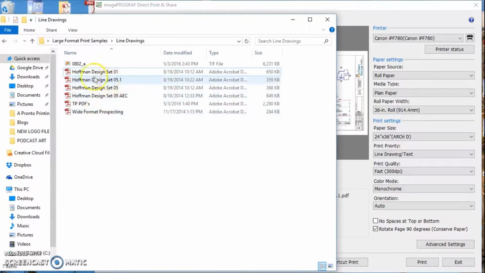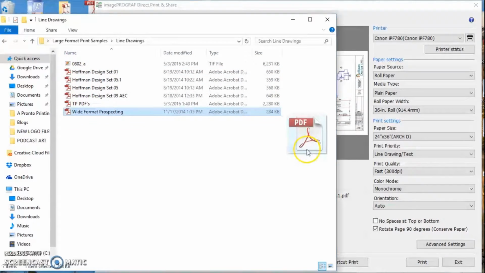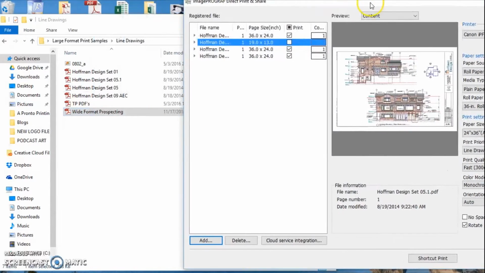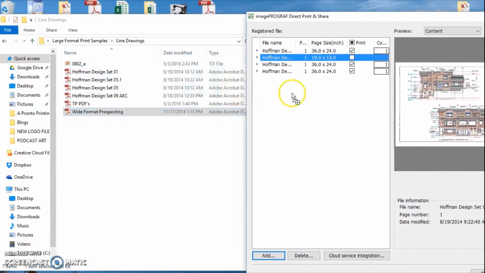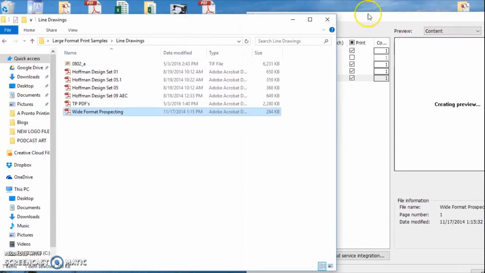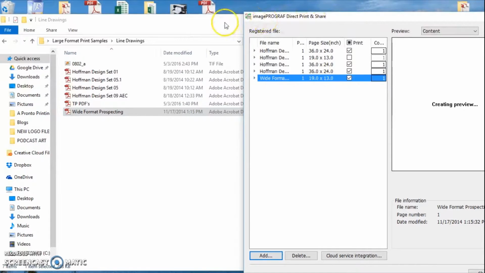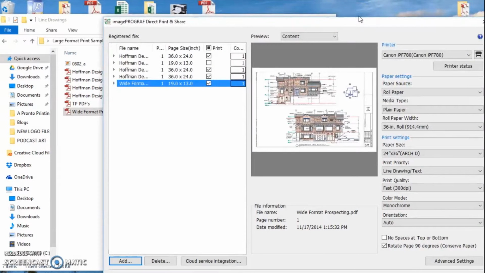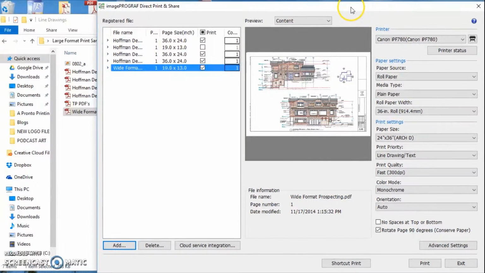So like here's, actually for example, let's throw another one in here real fast. Let me move this over. Okay. So here was once upon a time when I used to prospect large format drawings and walk the street with one in my hand. I did this. So